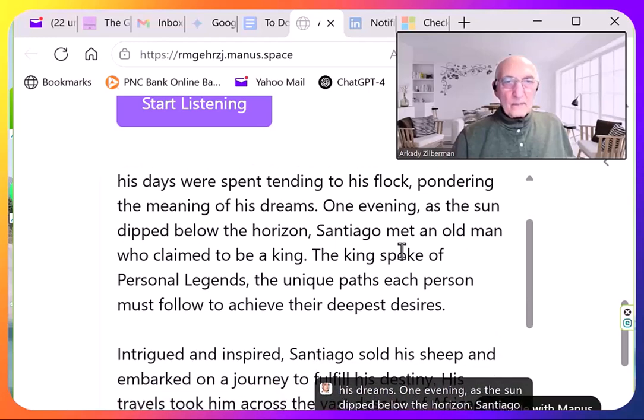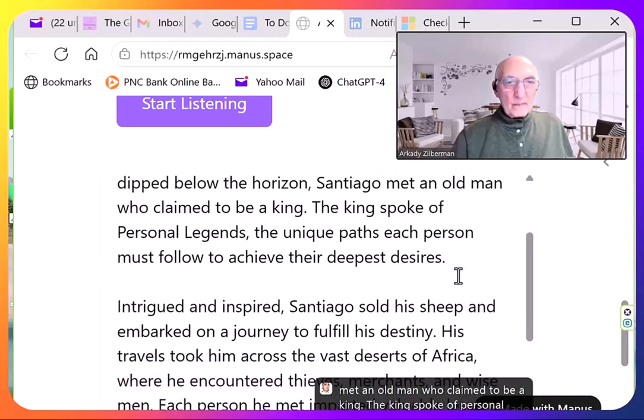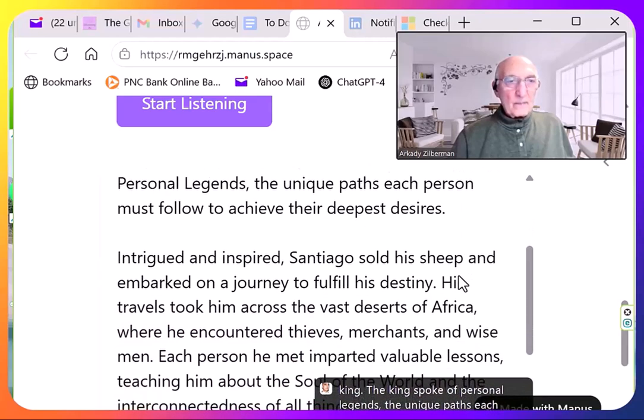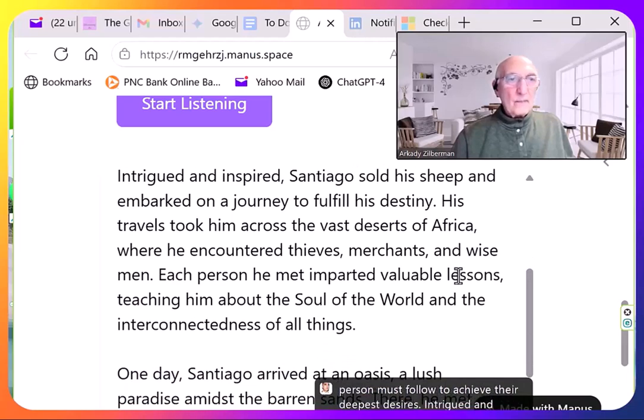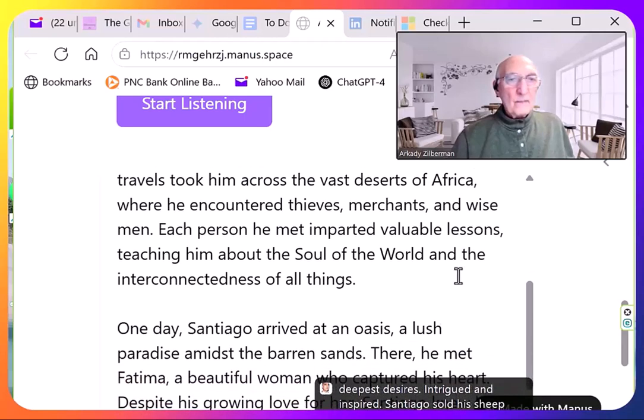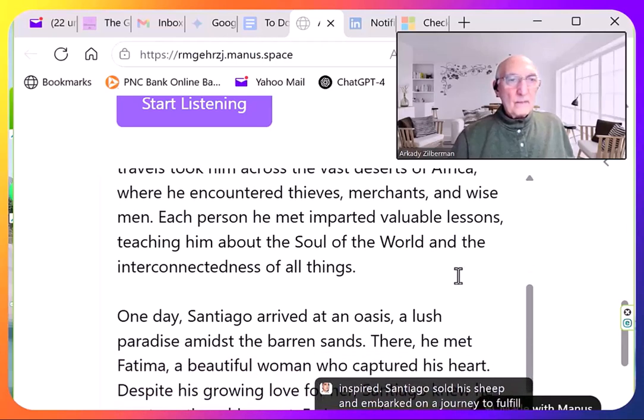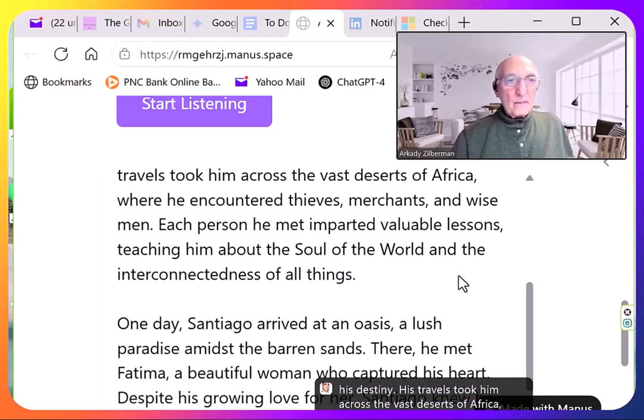The king spoke of personal legends, the unique paths each person must follow to achieve their deepest desires. Intrigued and inspired, Santiago sold his sheep and embarked on a journey to fulfill his destiny. His travels took him across the vast deserts of Africa, where he encountered thieves, merchants, and wise men. Each person he met imparted valuable lessons, teaching him about the soul of the world and the interconnectedness of all